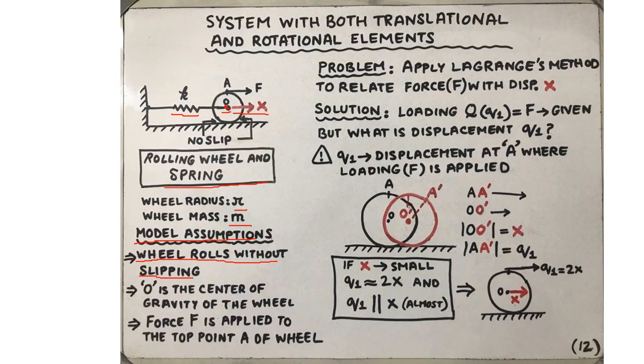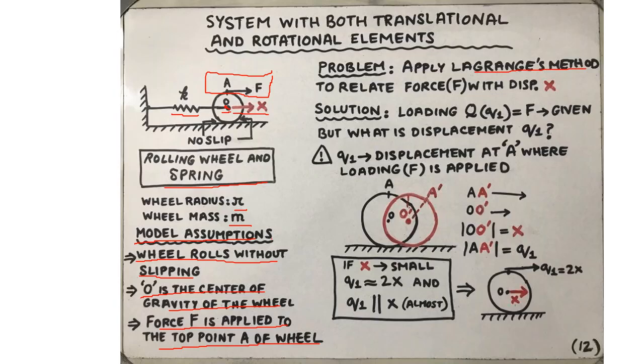For that, the center of gravity needs to be specified for the wheel, that is O. And finally, there is some external force that is applied to the top point of the wheel A, as shown here. Therefore, in order to write down the equations of motion for the system using Lagrange, we first need to define